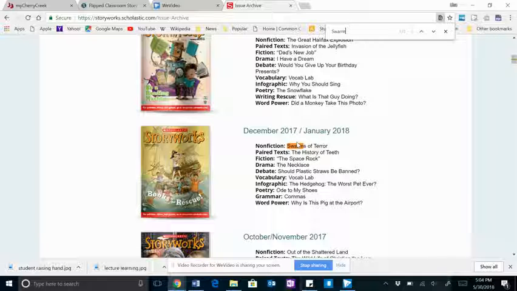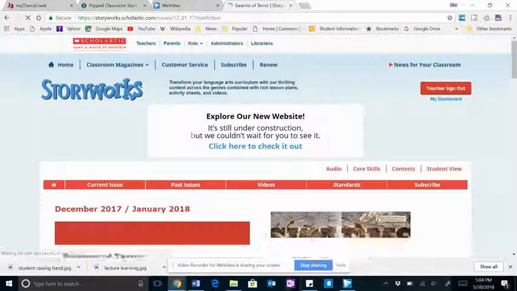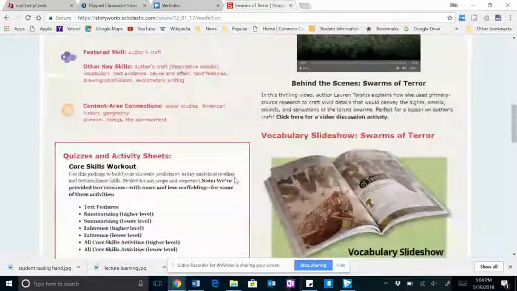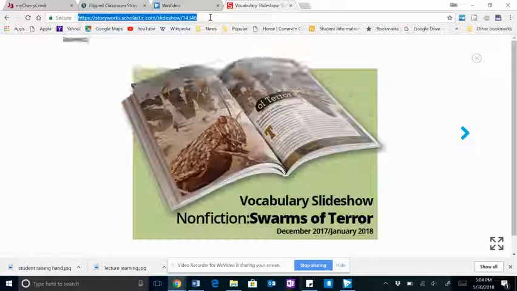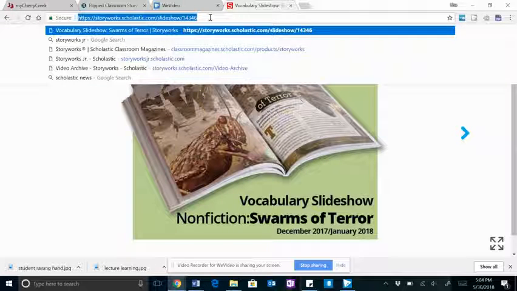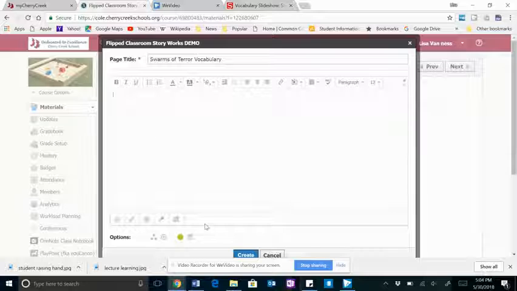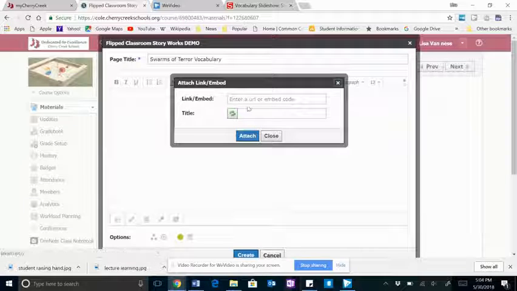This is a great tool, the Control F for students, because anytime they're looking for keywords on any content on the internet, it really helps find those keywords for them. So I'm going to go ahead and click on this. And I really want my students to start with the vocabulary slideshow. So I click on the website, highlight it, copy it, go into my page that I created, paste it, and